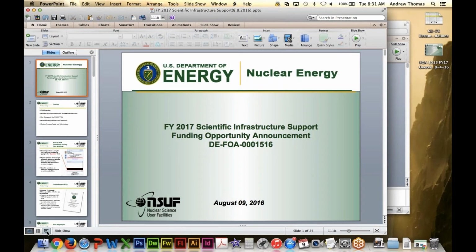Another tip that I just received from one of the staff at NSUF is there's a browse data button on the top of the database. If you click that browse data or search button, it should enter you into the database if you have access already. So for the access, it'll probably be within a couple days.